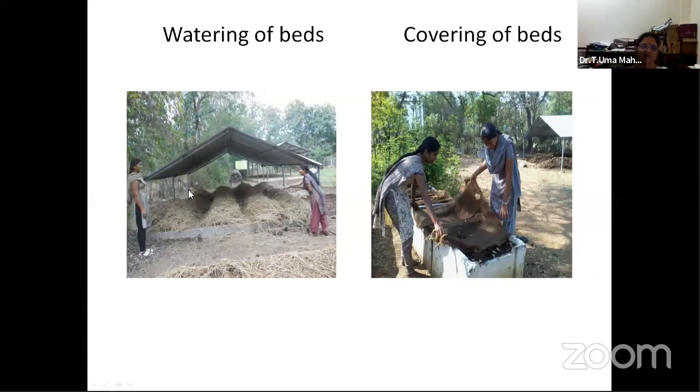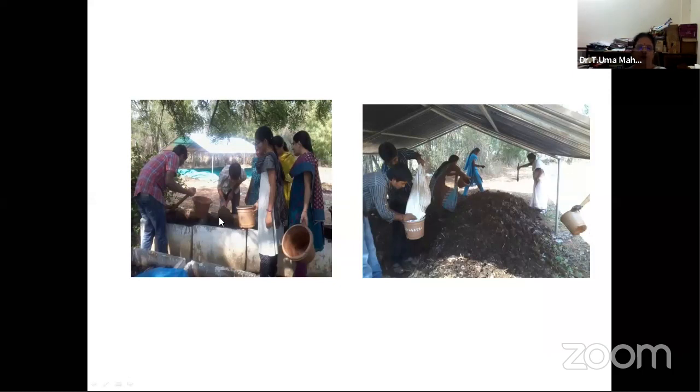So this process should be continued for about 60 days, so that the entire material will be kept moist and will be converted into vermicompost. Then regularly you have to water them, sprinkling just water into the beds. Then after 1 month, you can just turn them slightly up and down so that aeration will be improved.